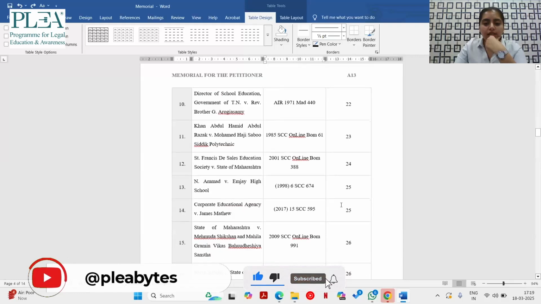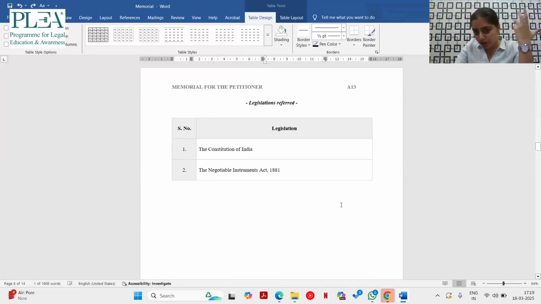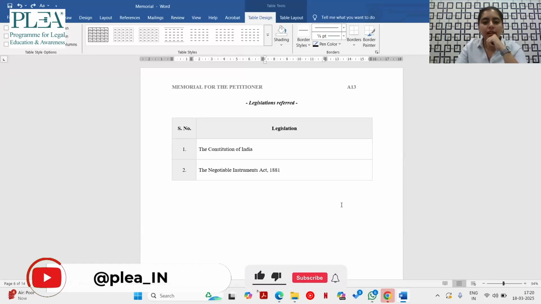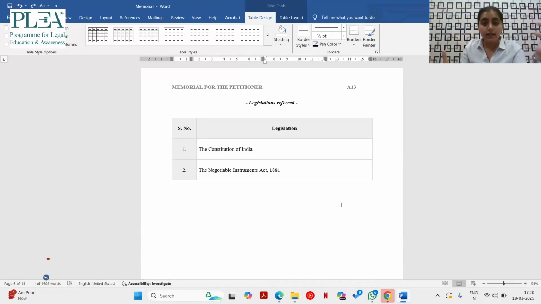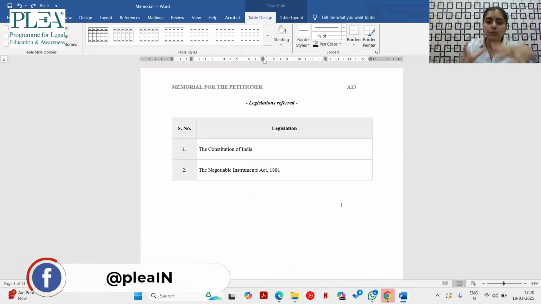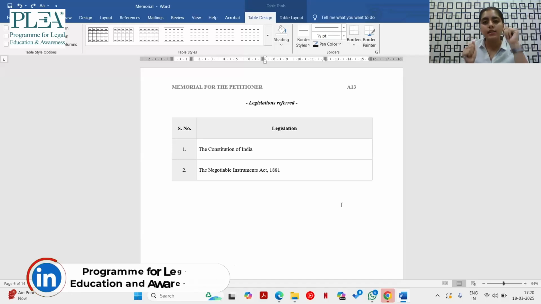So moving on, these are the judgments which we had referred. And then there is a new fashion to mention the list of citations. We also mention the legislations referred. So in the present case, we are referring to the Constitution of India. It is something which is applicable to all the cases. Then the Negotiable Instruments Act. Now, particular to what moot problem you are dealing with, you have to mention all the bare acts. In fact, if you are referring to any legislation passed by the United Nations, then you have to